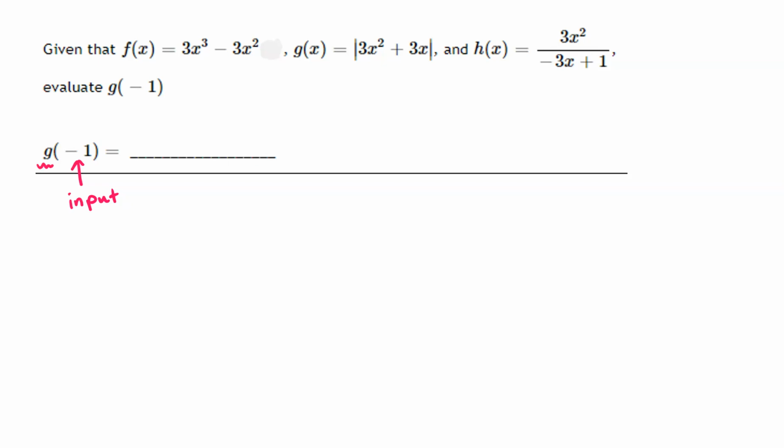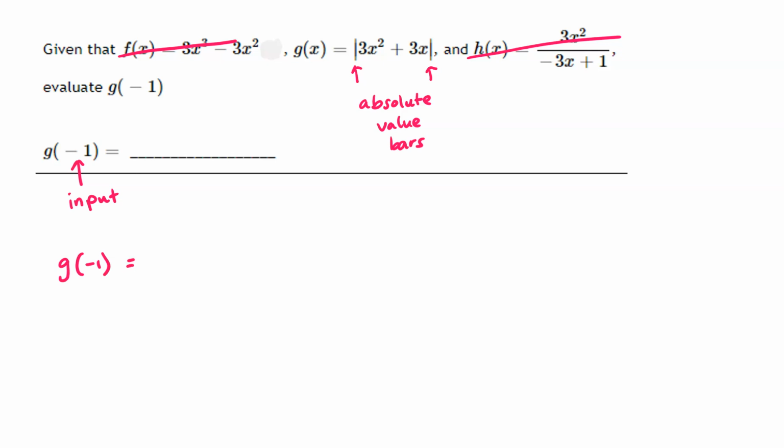And this variable helps us identify which function we want to be looking at. So it turns out in this example, two of the functions are not even needed to do this question. So we want to take -1 and we want to plug it into the g function. Now, if you're unfamiliar, these things are called absolute value bars. So what we want to do is g of -1 is equal to, we want to take -1 and anywhere